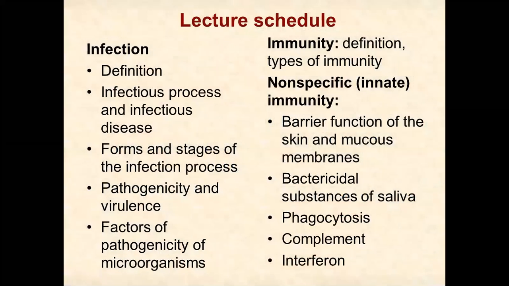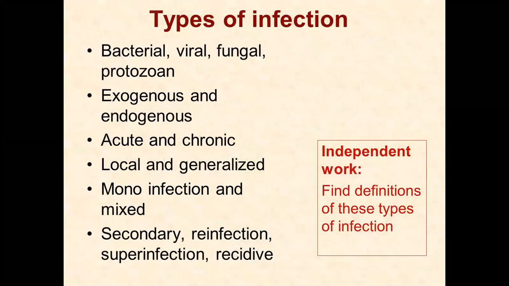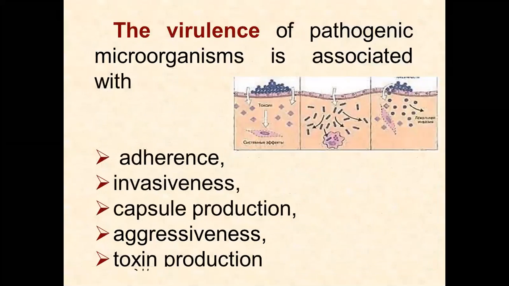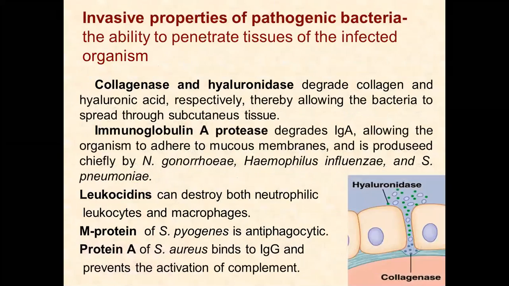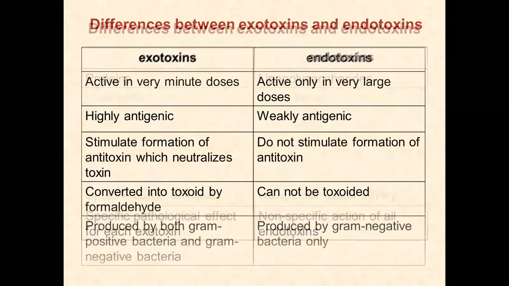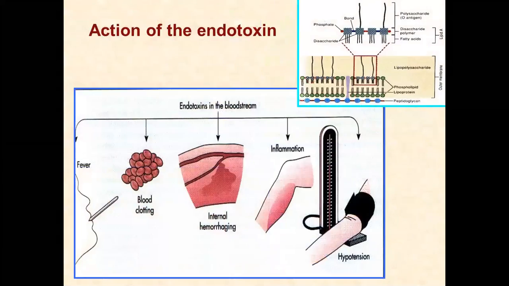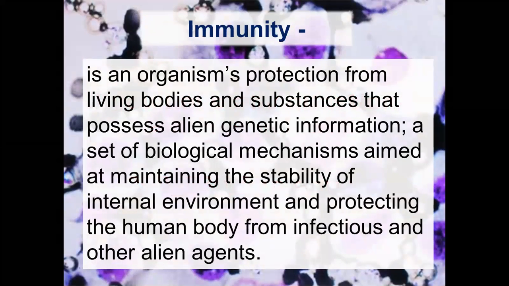Pathogenicity and virulence. This material was presented in the first part of the lecture. It's about virulence of microorganisms, virulence factors, including toxins, exo and endotoxins. And our second part is about immunity, the definition, types of immunity, and factors of non-specific resistance or innate immunity